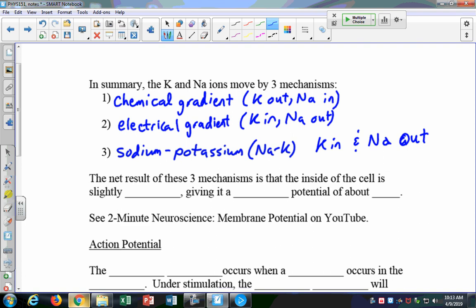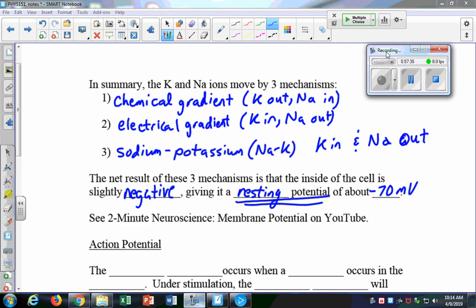And then the net result of these means that the inside of the cell is slightly negative. So that gives it a resting potential of about minus 70 millivolts. And this is a technical term, so we'll look at that resting potential a little bit later. Let's watch this video, and then we'll wrap up there. But it reiterates